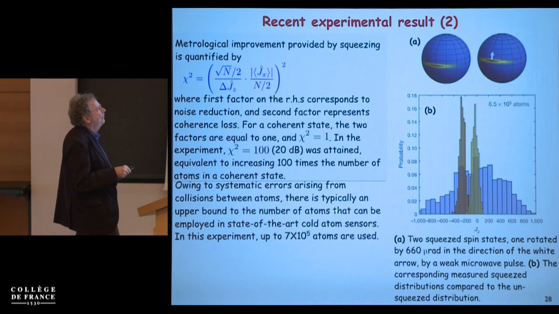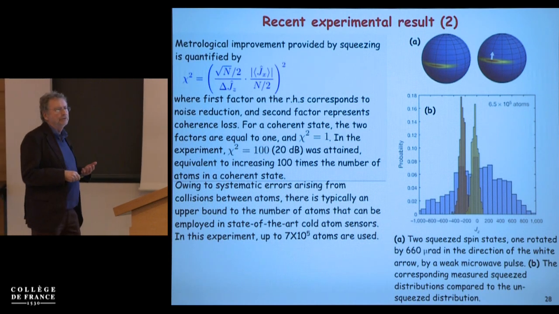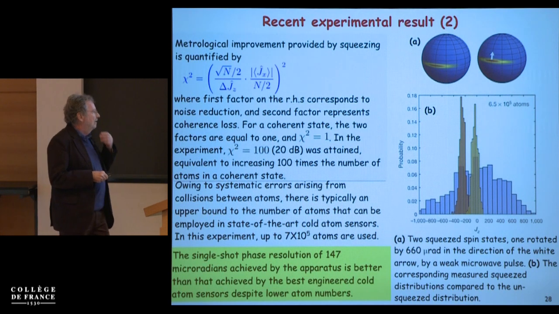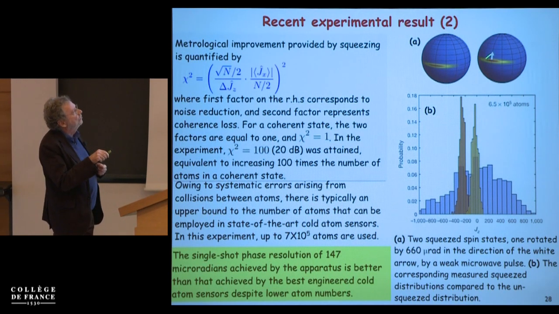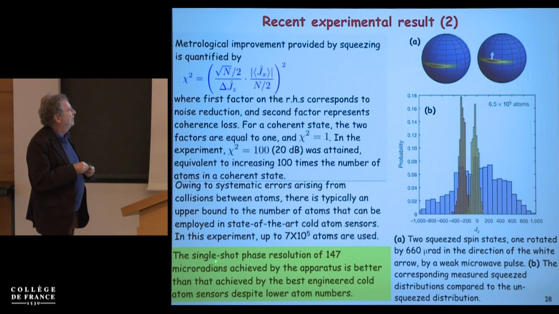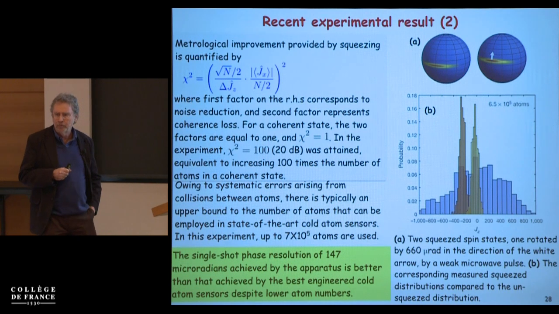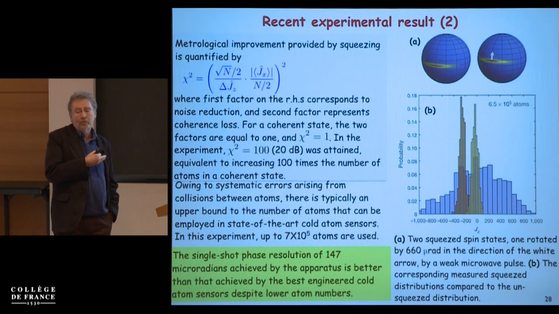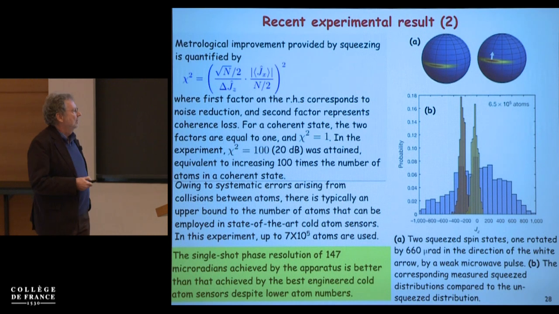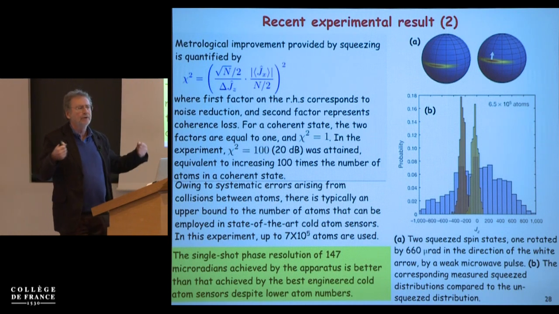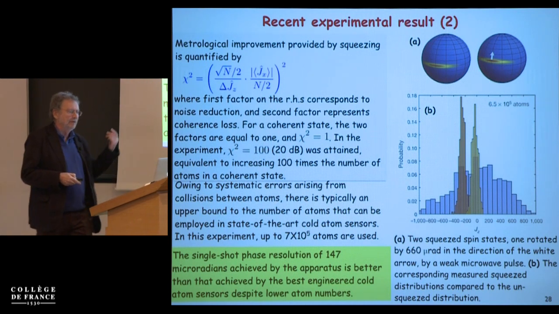And in fact, there is typically an upper bound to the number of atoms that can be employed in cold atom sensors. In this experiment, they use up to 7 times 10 to the 5 atoms. And this is just an example to increase the visualization here, but they got a single shot phase resolution of 147 microradians, which is actually a record, it seems, in this field. Okay? So that's an example of how squeezing and entanglement, because the squeezed state is entangled, can be helpful in